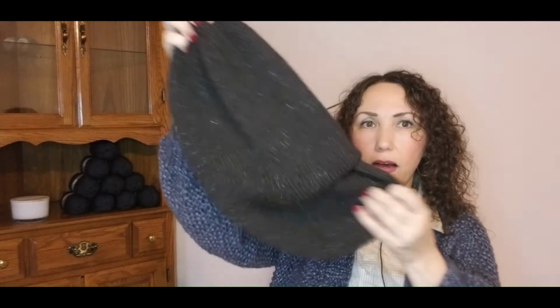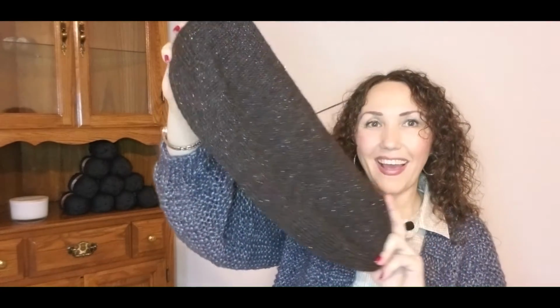I knitted a big nice hat, a double-folded beanie. I just started to knit from one side and went all the way in one piece, did increases and decreases, and it gave me this nice beautiful hat. I really love it very much. I wear it a lot and it's so warm, probably because it's double. It's really nice for going for walks outside, and I use it with this